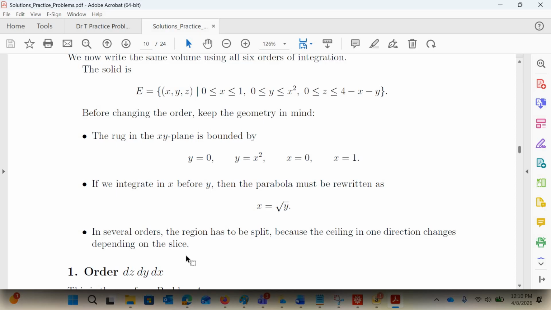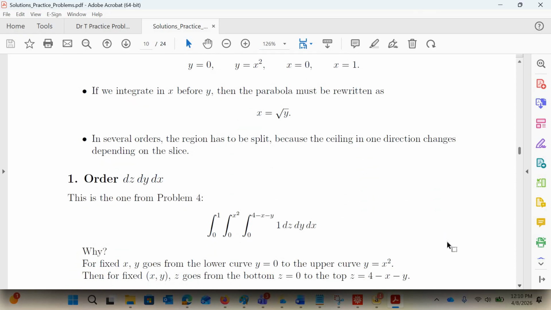Instead of dz dy dx, which is what I had, the one I had already solved, what if I want to change it to dz, dx, dy? Well, what's nice about this, and why I would choose this one next, is that it's the same picture that I had before up here